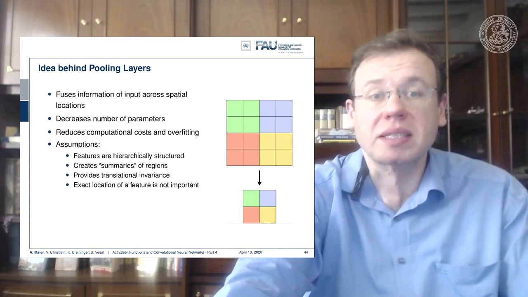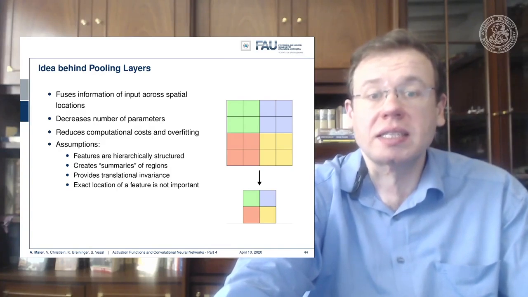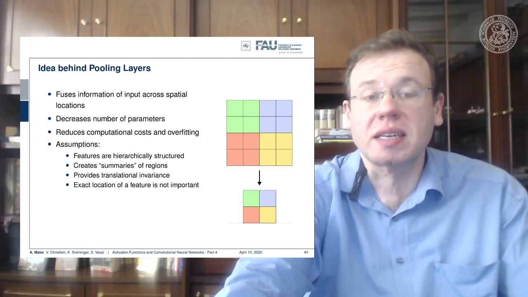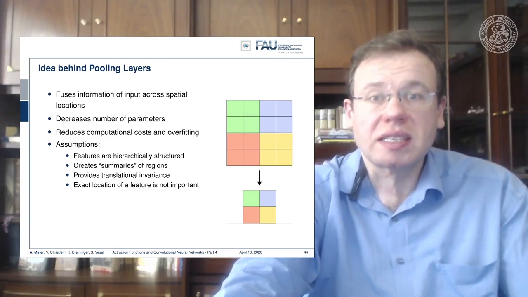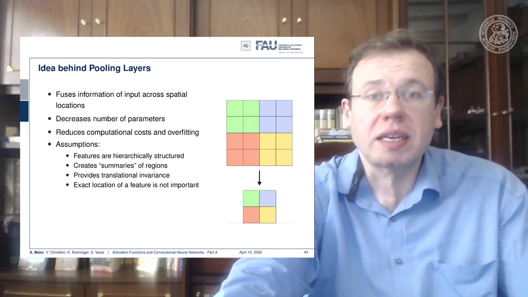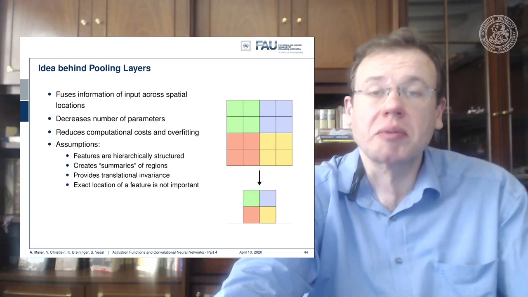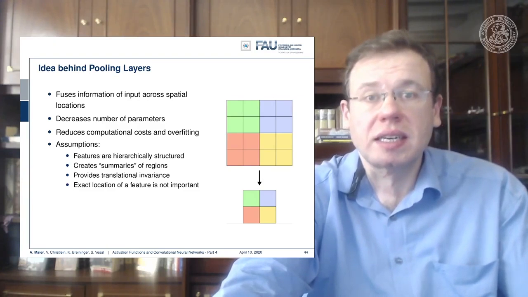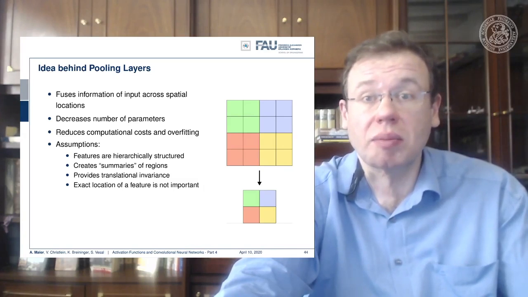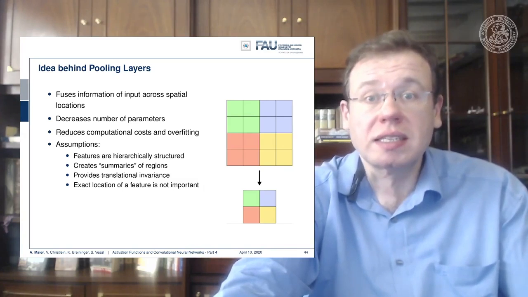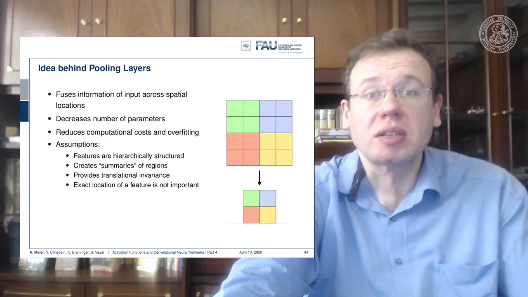we need some basic assumptions of course here. And one of the assumptions is that the features are hierarchically structured, that by pooling we're reducing the output size and introduce this hierarchy that should be intrinsically present in the signal. We talked about this, the eyes that are composed of edges and lines, and then faces are composed of eyes, nose, and so on. This has to be present in order to make pooling a sensible operation to be encoded